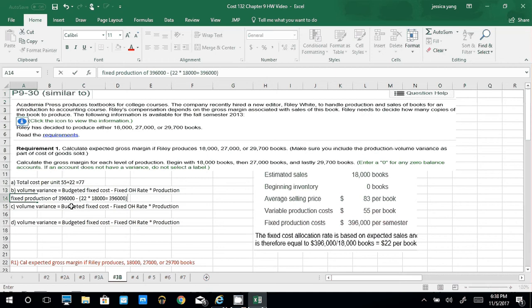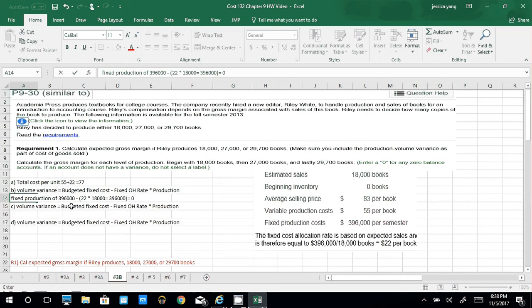When we take the fixed production cost of $396,000 subtracted by the fixed allocated, that gives us a total of 0 variance